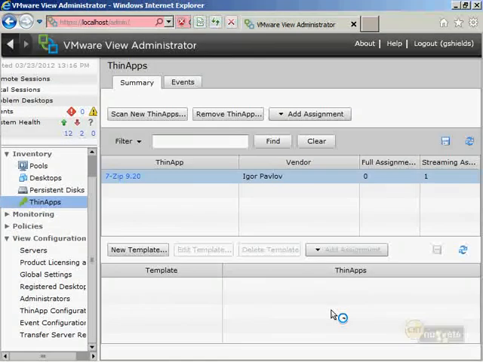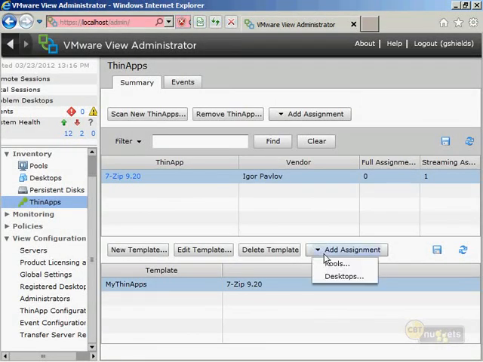The template then becomes the thing that you assign as opposed to the individual application. Okay, these are the apps the finance people need. These are the apps that the marketing people need. These are the apps IT needs, whatever. These templates, again, are containers for ThinApps. There is one thing left that we have to do, and that's to see all of this work